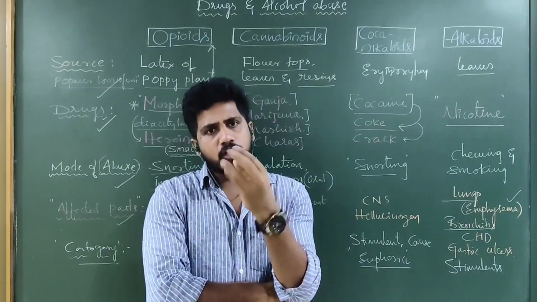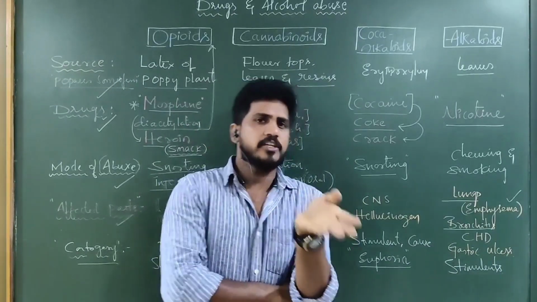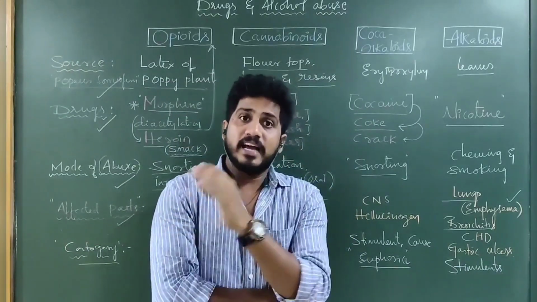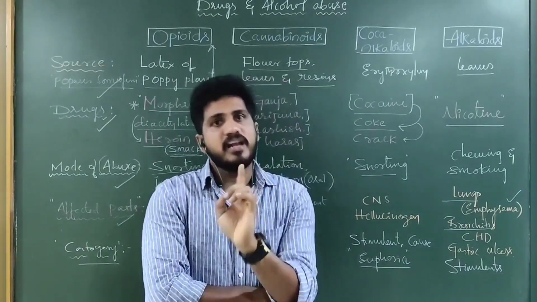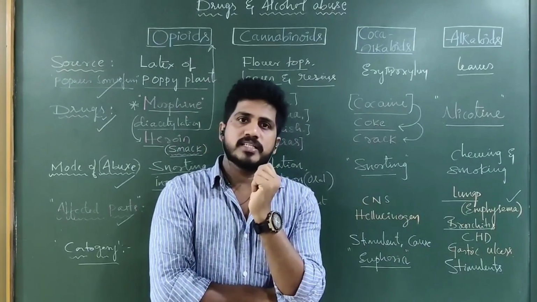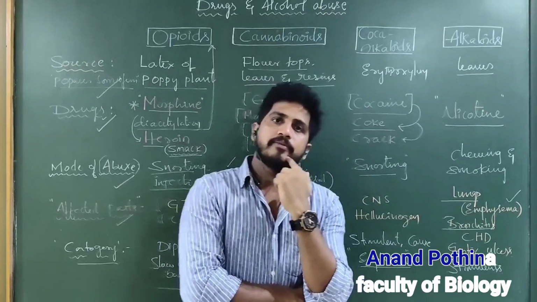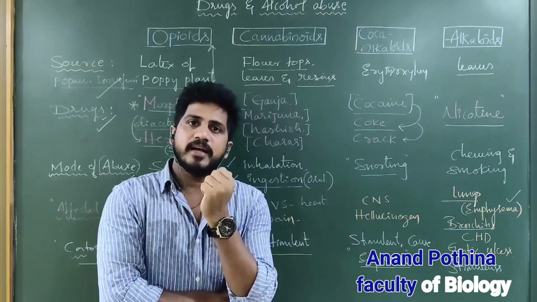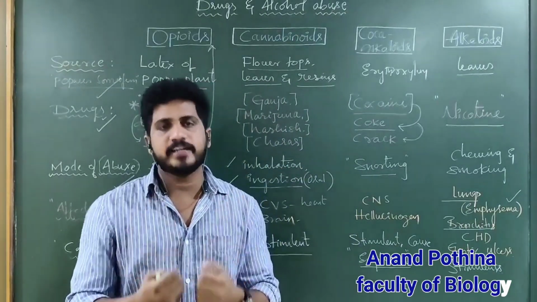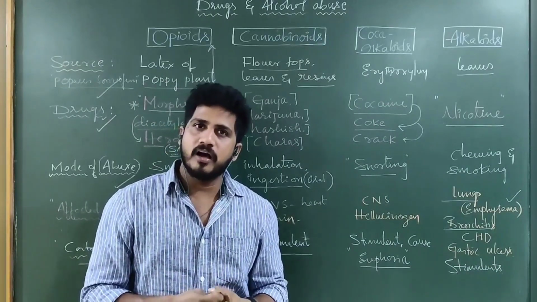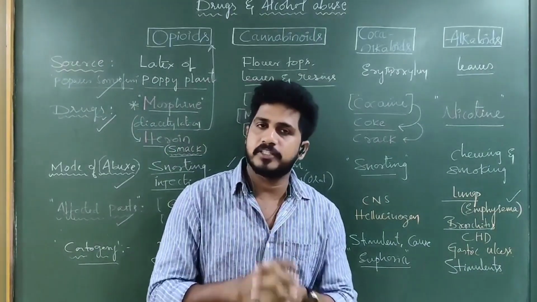So the quantity of ethyl alcohol in those particular drinks, and the consumption of such drinks by a person, mainly affects the liver. So liver cirrhosis, fatty liver, jaundice, as well as loss of memory power, loss of eyesight, and other abnormalities like weight loss occur, and different metabolic activities come down. All the body parts are gradually affected, and the person will